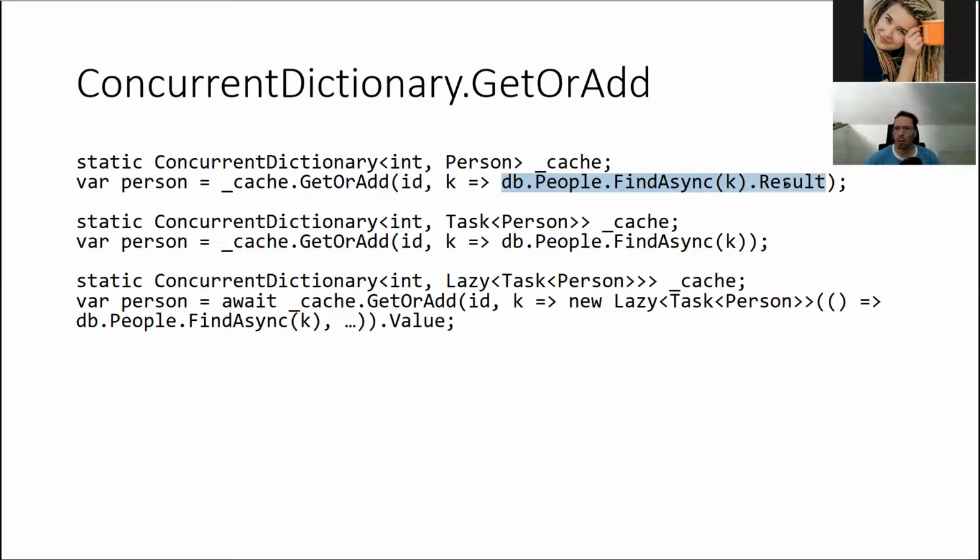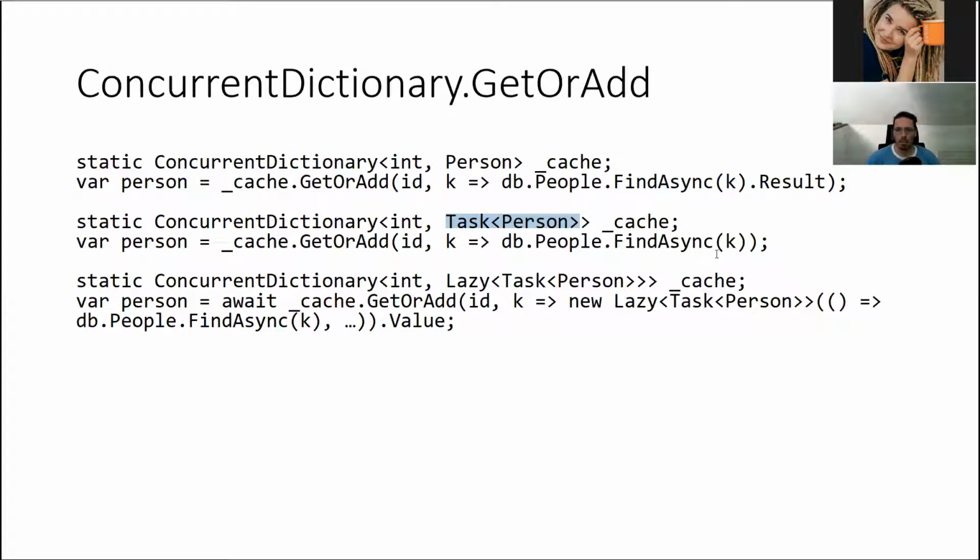And we know that blocking is bad, so this is probably not the best way to do it. So you might say, okay, well, then I can just call FindAsync and not call Result and store the task, right? Well, yeah, the problem is that when you get the value from the dictionary, you need to await it, and you will still have the await somewhere, and you don't know whether the value is there or it's still being produced. So the better way to do it, and I understand it's a little bit weird example,